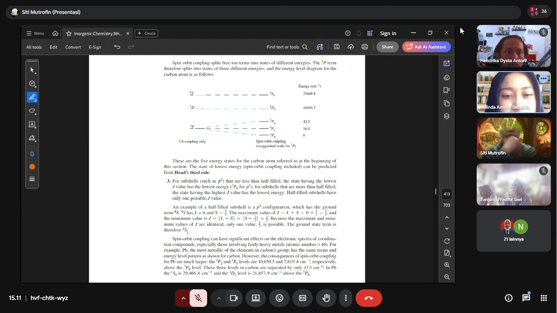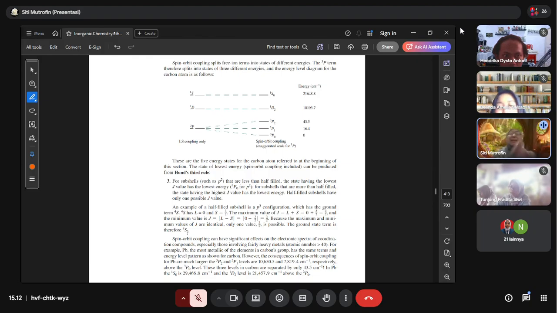So, do you understand why the arrangement of the energy levels of the 3p starts with the lowest one being 3P0? Because the p2 is classified as less than half filled. So the term having the lowest J value must be put as the lowest energy level. Belinda, are you with me? Yes, I'm with you. And you understand? Yes, I clearly understand. Thank you.